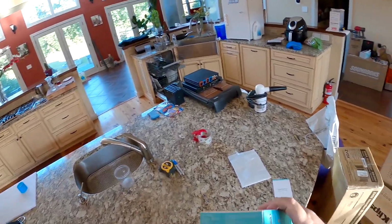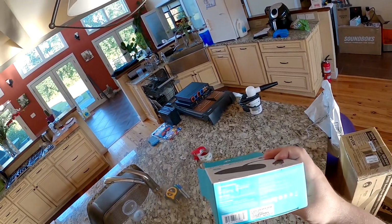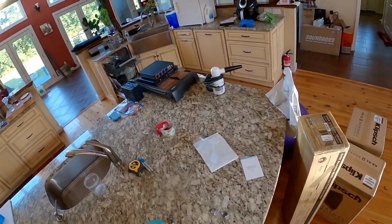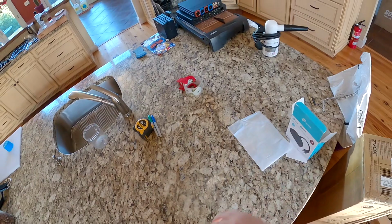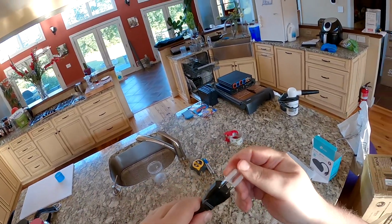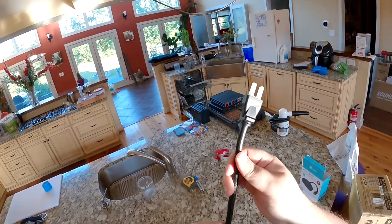I just streamed for like 4 hours. Input 15 amps, maximum load 15 amps. Wow, it'll actually do a full 15 amp load. That's pretty good. Yeah, that's why this is so heavy. I'm gonna leave this cap on there because right now I have no plans to use them